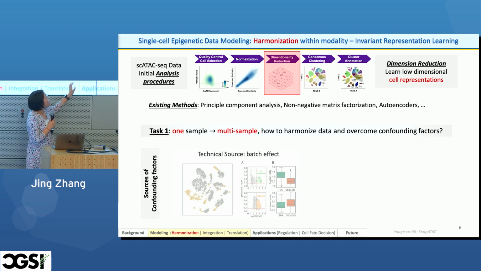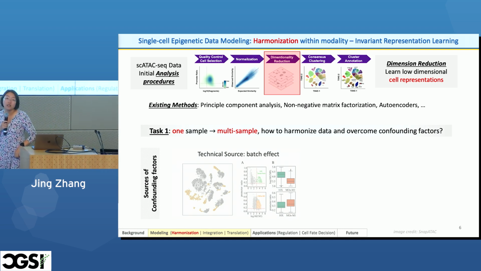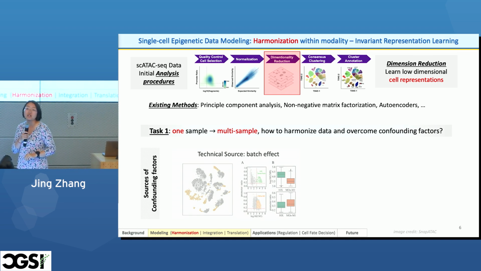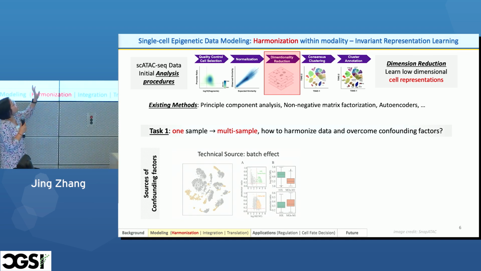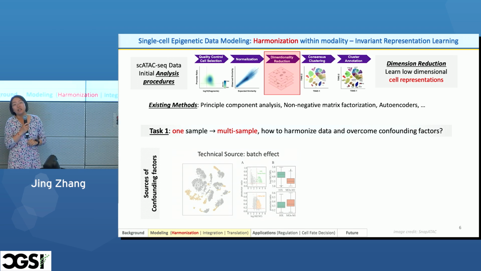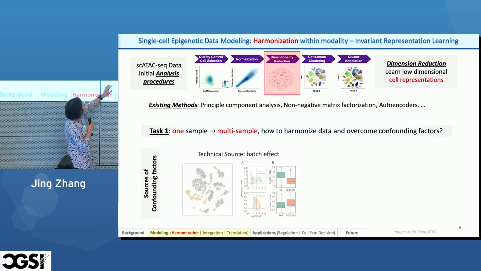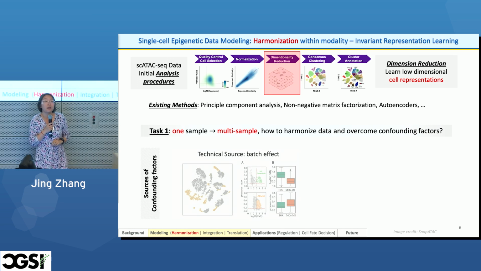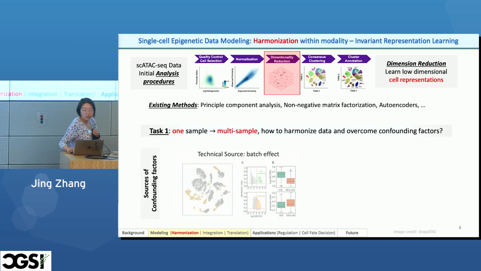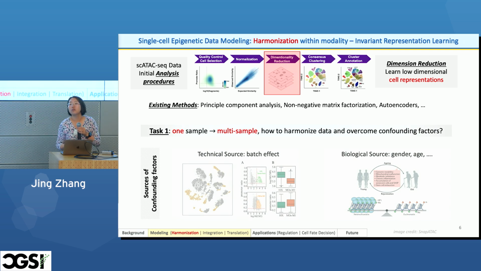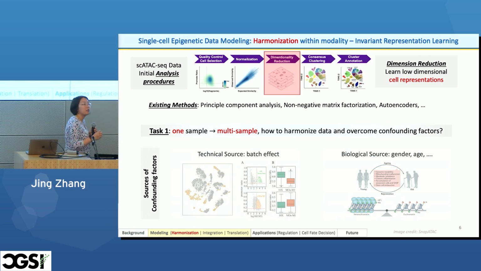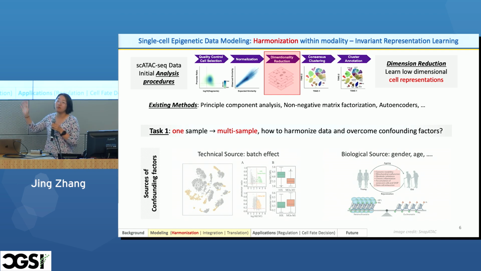For instance, this is the early stage of data generated by two ATAC sequencing machines. You will see that if we follow the traditional dimension reduction methods, these two colors represent two sequencing technologies, and those data will be separated purely based on their sequencing technologies. And that's not what we want, right? And you may say, okay, how about we don't use different sequencing platforms to generate the multiple samples? And then we have no such batch effects.